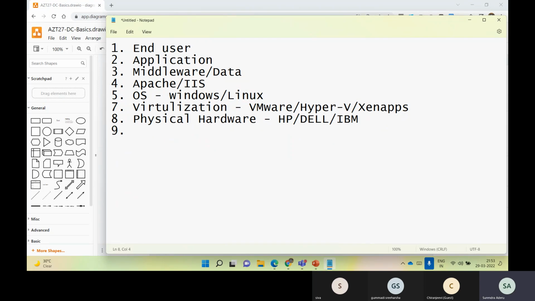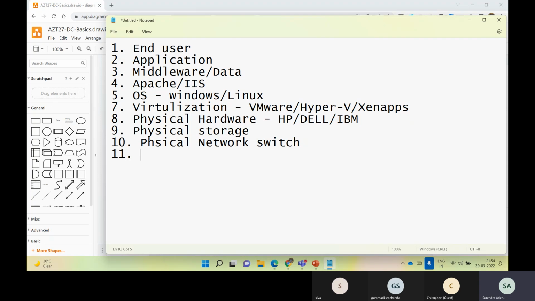And then to store your data, we need physical storage, correct? And another thing, a physical network switch to communicate with other servers in the data center as well as to communicate with the outside world. When I'm saying communication, how will you communicate? Now I'm communicating with three of you over Teams.